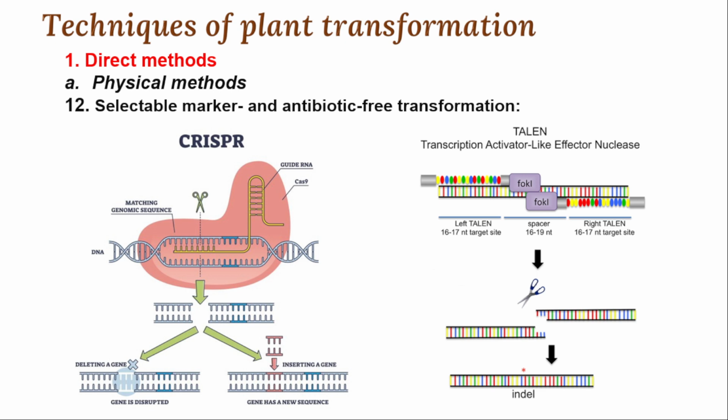The next method is called selectable markers and antibiotic free transformation. Here we can use precise genome editing technologies called CRISPR-Cas9 and TALEN technology, where we precisely edit the gene of interest in the plant cell itself. When you design these pre-crRNA, whenever it goes to the target site, it will modify it, it will enhance the expression, or it will knock out or knock in the genes of interest that are necessary for the formation of hybrid cells here. We can use both CRISPR-Cas9 and TALEN technology to edit the gene of interest in the host